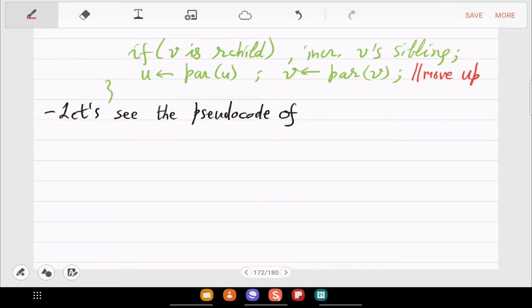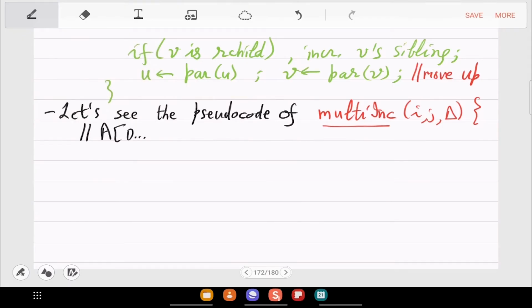So the pseudocode of multi-increment, I, j, delta. So what we will assume is that you have access to this array of size 2n.